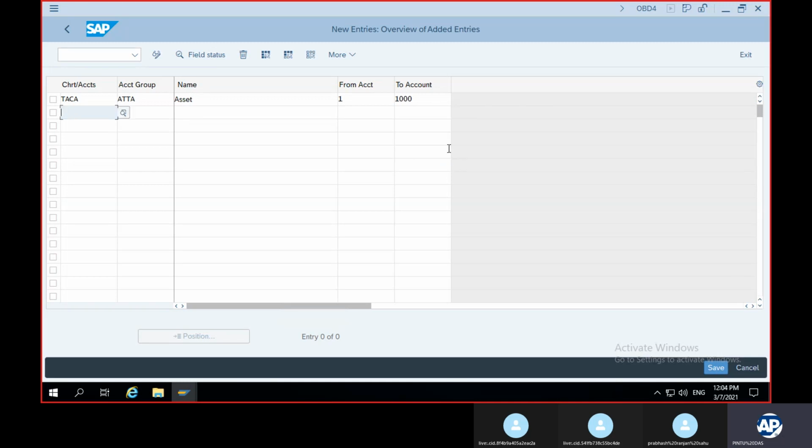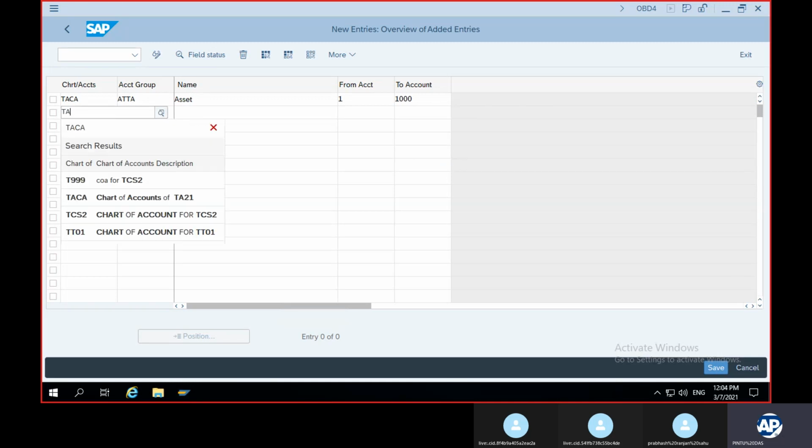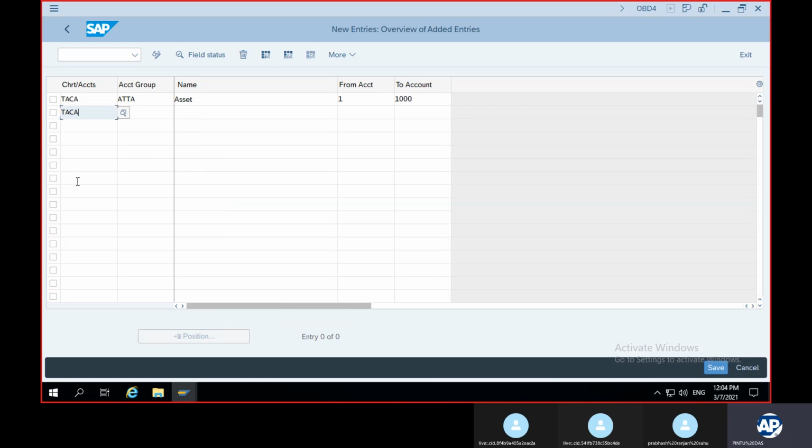Next is TACA, LI, TA, liabilities. The next range,